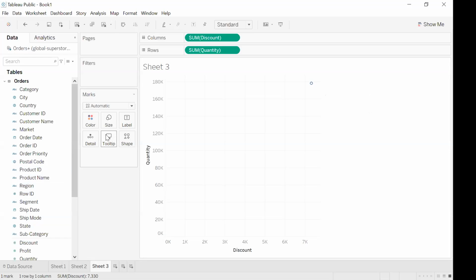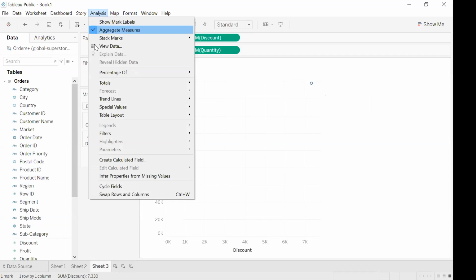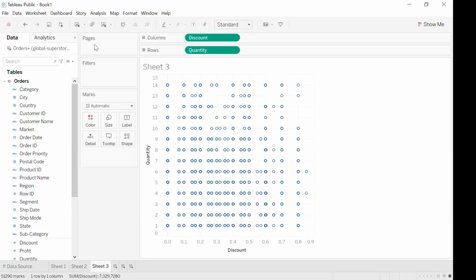So it breaks down per country. But now I want to see all the points. I don't want it to aggregate on a country level. I don't want it to aggregate at all. I want to be able to see every single transaction that was done as a point on this graph. You can go to analysis and then click on aggregate measures, uncheck the checkbox. And now you can see